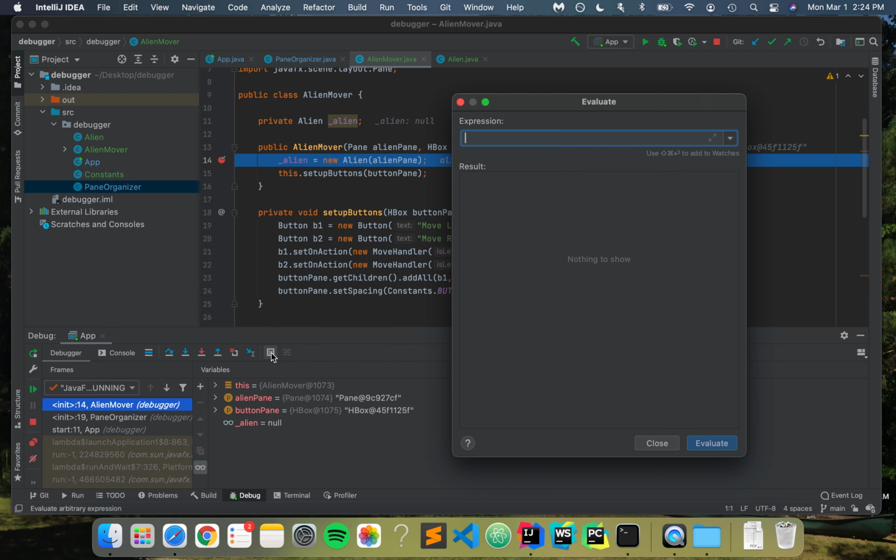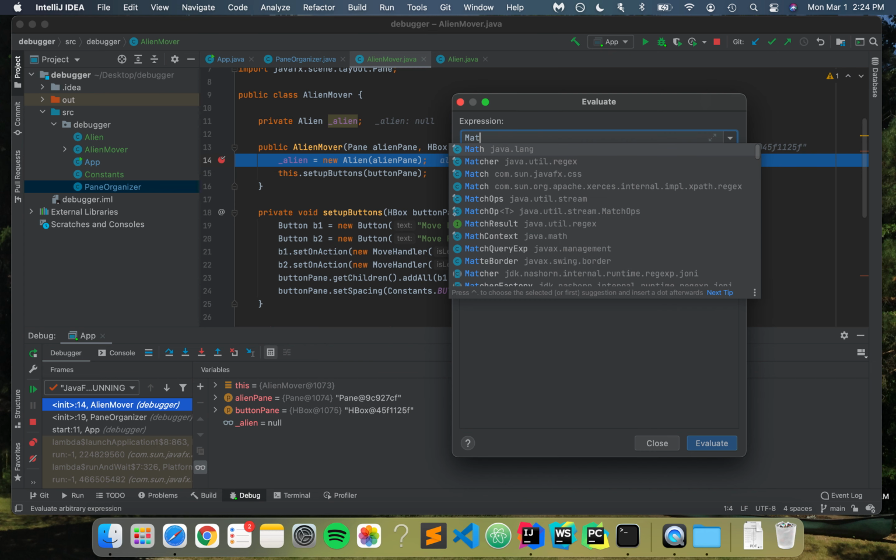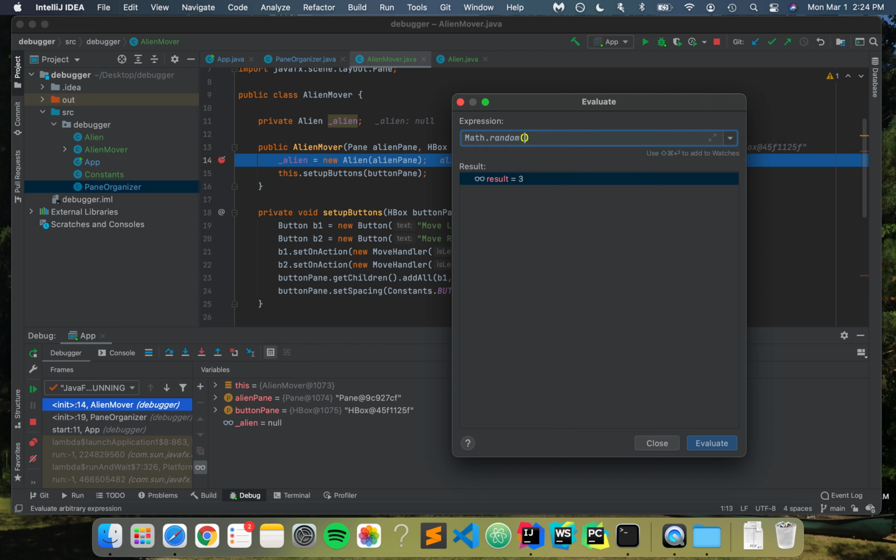to see its return. For example, I could type 1 + 2, that gives us 3, or I could do something like Math.random, which gives us different results each time I click enter. More likely though, I may want to see something like, in this scope, we have,